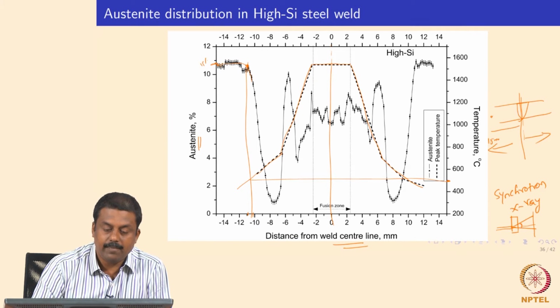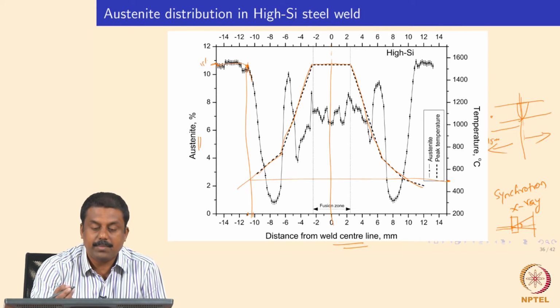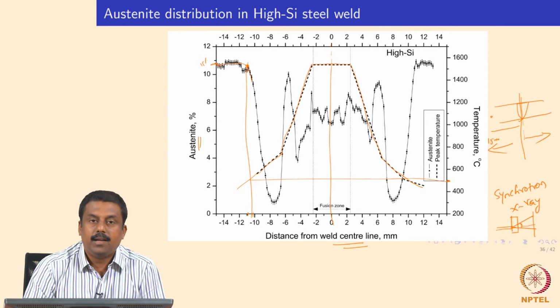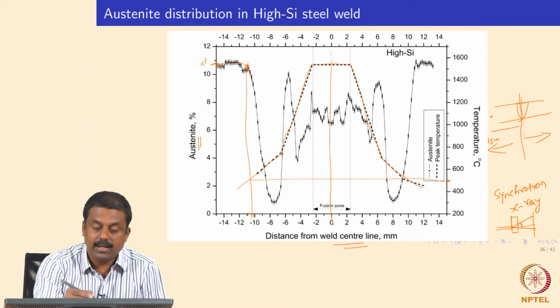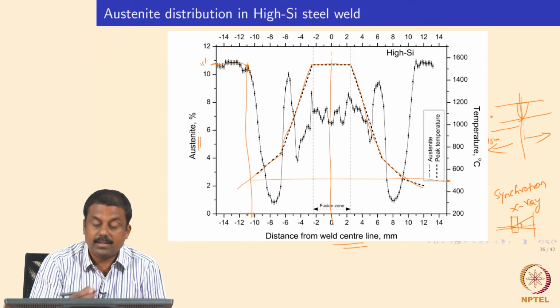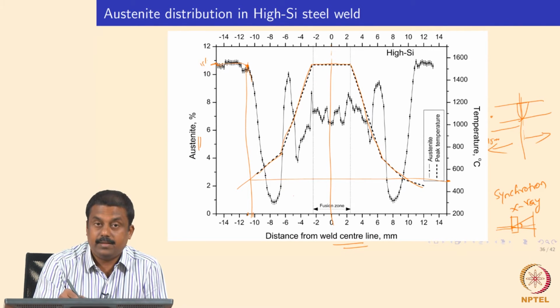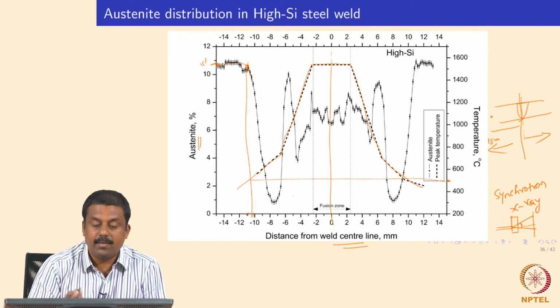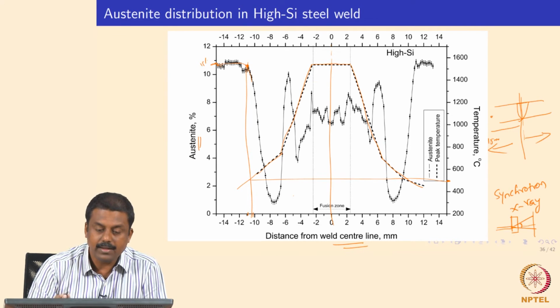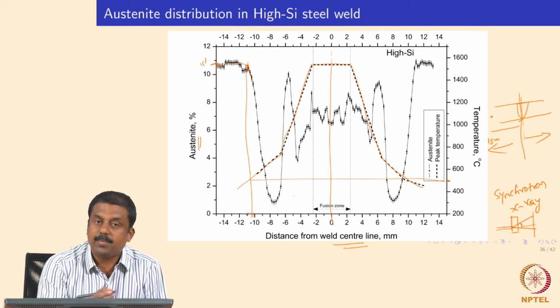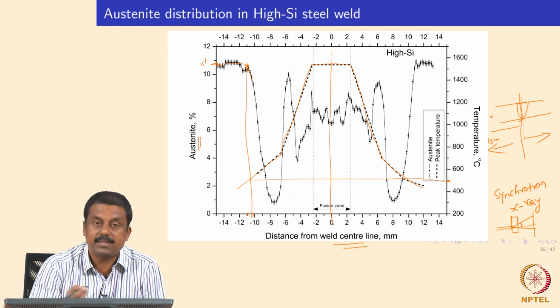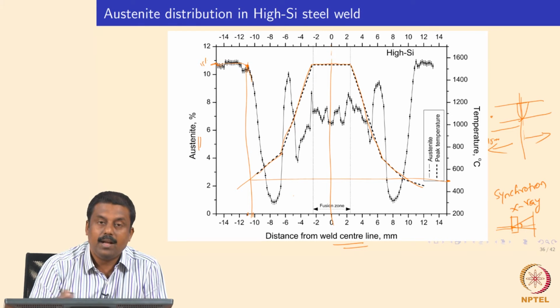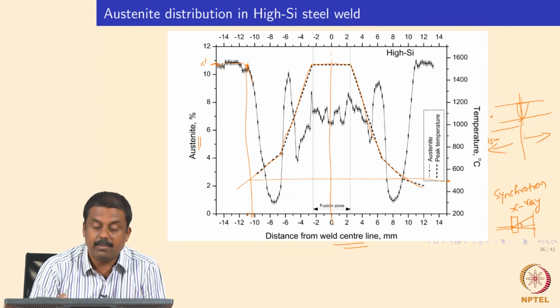the austenite starts decomposing into various phases. Okay, and in the magnetic saturation measurement, we looked at the temperature at which retained austenite transforms, somewhere around 300 degrees centigrade, and here we see that in the real case it's about 500 degrees centigrade, because the heating rate in weld is very high. So you may have to increase the temperature much further, so that the kinetics can lead to an increase in the decomposition rate. Whereas in the magnetic saturation measurement, we heated it very slowly. Okay, so you can see the effect of heating rate already on the decomposition mechanism of retained austenite.